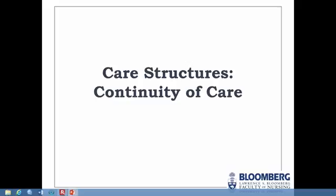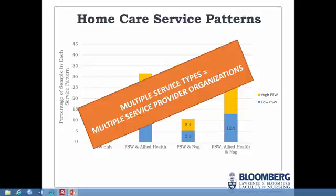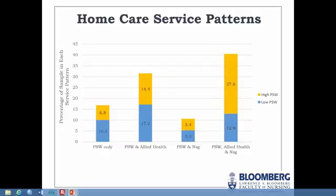Oh, is there a question? I just wanted to ask whether or not, in your sample, there were any regions that have a CCAC that's moved to the geocoding where they've actually tried to reduce the number of agencies that are delivering multiple services. Was that in your sample? I've never heard of this. So it may be in my sample if you tell me which CCACs, but...